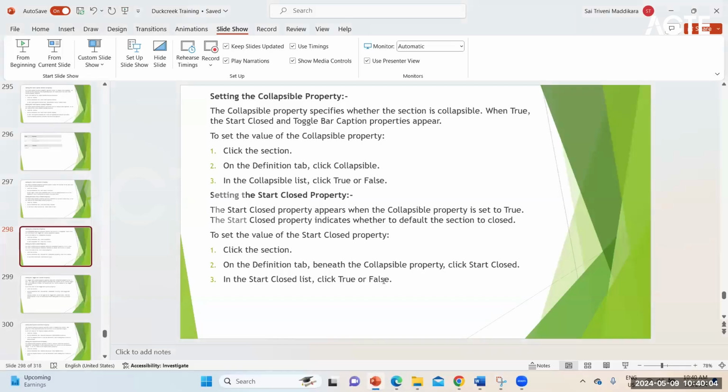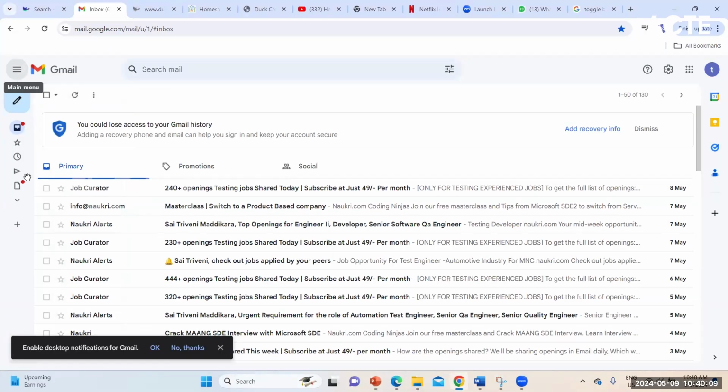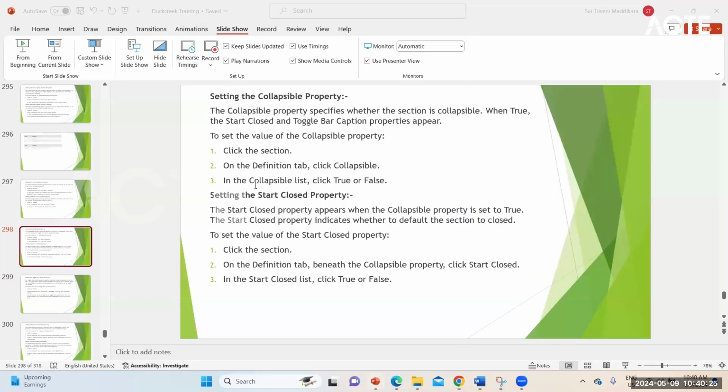Like on the UI, here in Gmail, it is on the side. Maybe this button is here as well. When I click on this, the fields below will be displayed. If I unclick this, the fields will be closed. You cannot see them on the UI unless you expand it. Got it, right? Collapsible means you will not be able to see the fields; when you hover or click, they will be displayed.